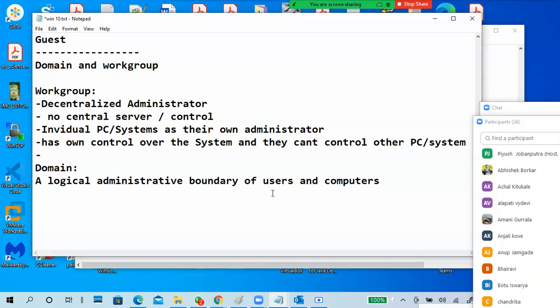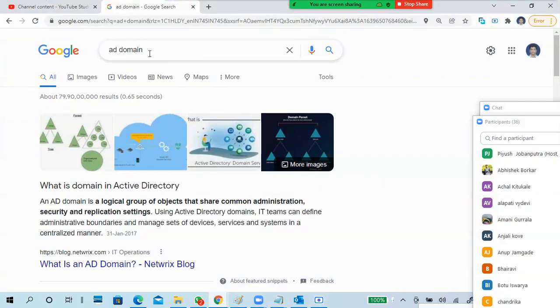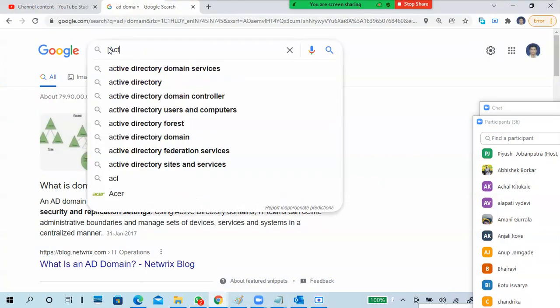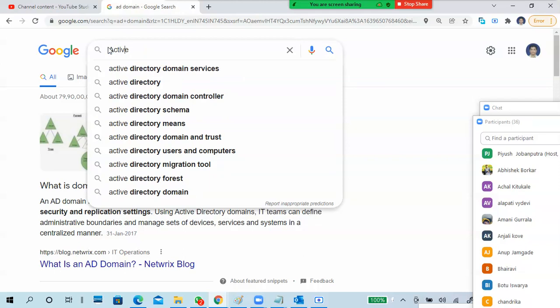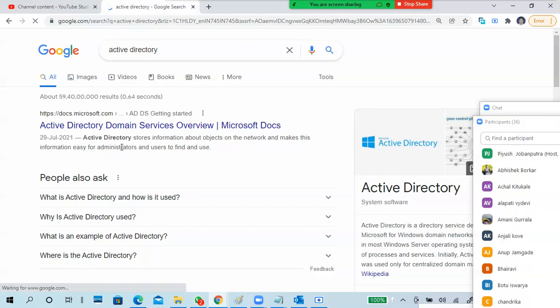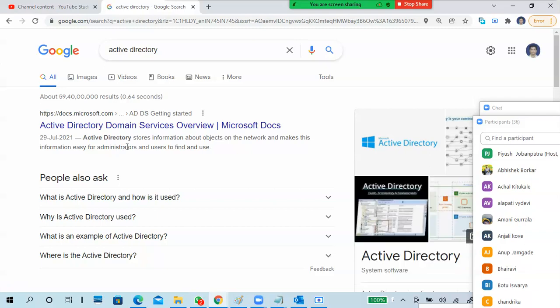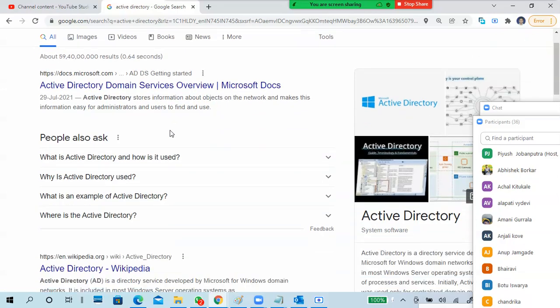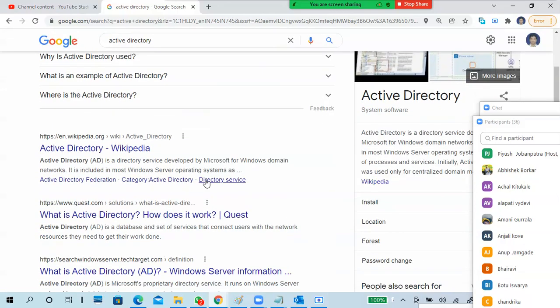So another thing is, what is Active Directory? When you search about what is Active Directory, you will get some other things. Active Directory is the old name, and Active Directory Domain Services is the new name from 2008 onwards. 2003 Active Directory. Before 2003, there is no Active Directory.